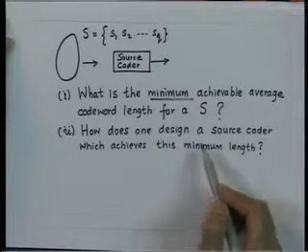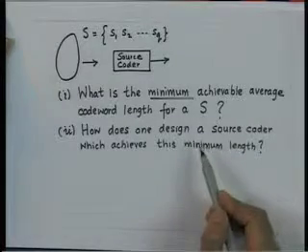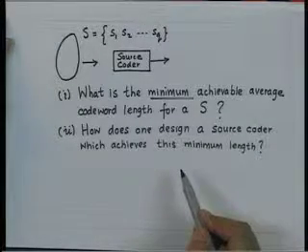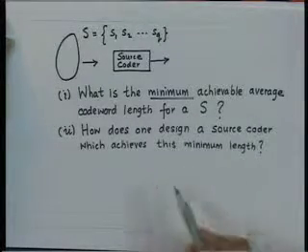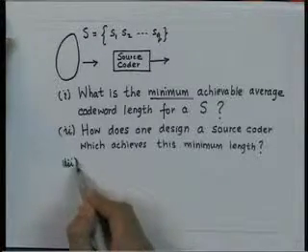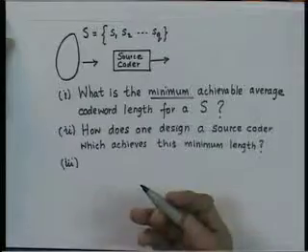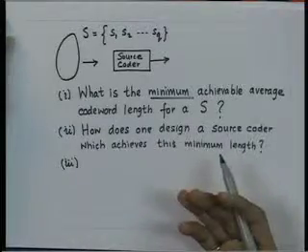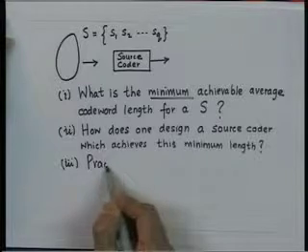So, for those sources when it is not possible to achieve the optimum source code design, then we should look for strategies to develop or design source coders which come very close to this minimum length. So, practical designs